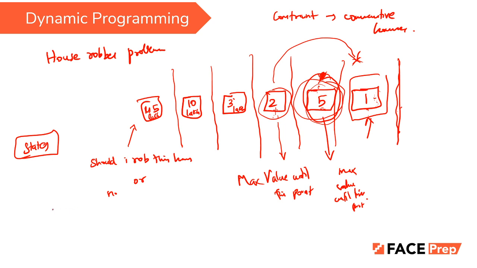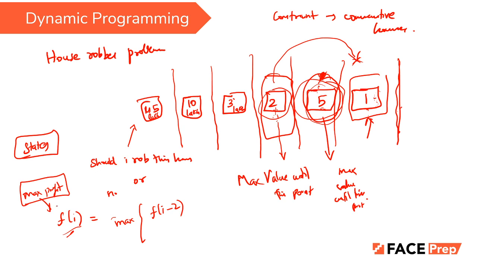So if I have to build a recurrence relation here, I am going to say that f of I, which decides whether I am robbing this house or not, is going to be the max of f of I minus 2, the same function's return value. What is the function returning? It is the max profit which the robber makes. So max profit at I is the maximum of max profit at I minus 2 plus the value of I, which is the value of this house,